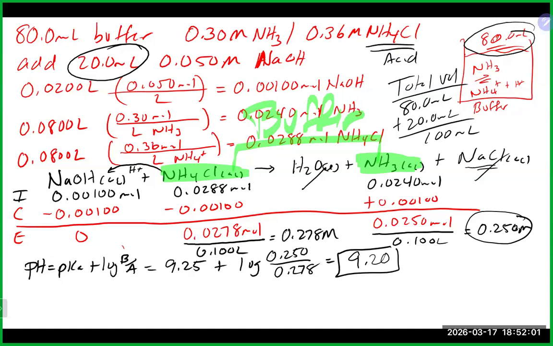Once again, if you did this calculation and ended up with a pH less than 9.17, you're going in the wrong direction based on the fact that you're adding base. Your pH should go up a little bit. But again, our buffer worked pretty well here. Not a big jump in pH in this example. Any questions on that there? All right, we're going to lay that